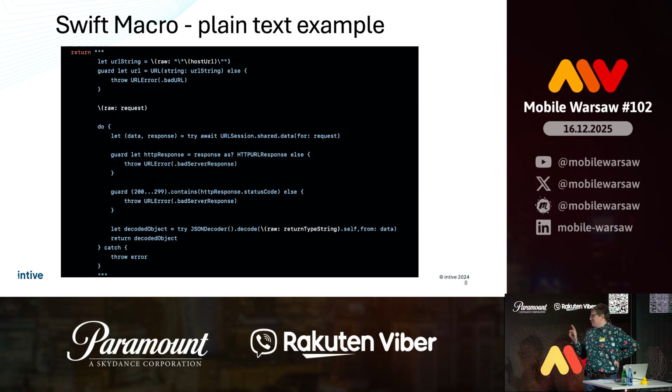I found this macro on GitHub. Some guy bragged that he wrote a macro on LinkedIn, but if you are this guy, don't be offended. But what is the disadvantage? This is plain text. We don't have any control